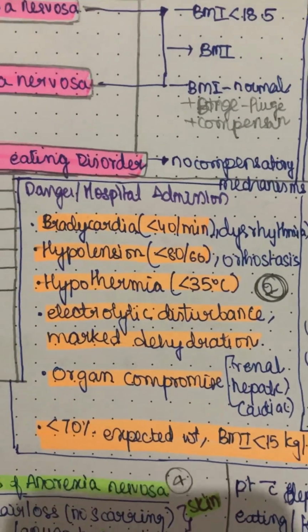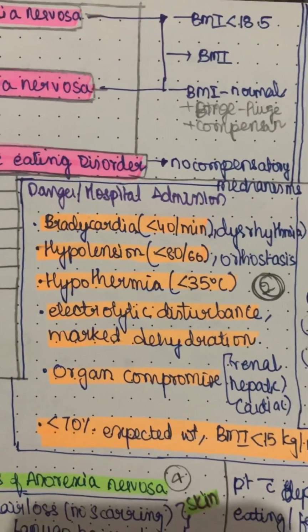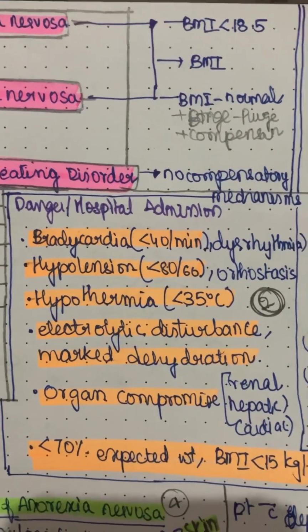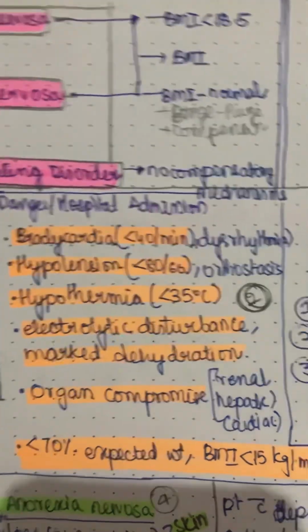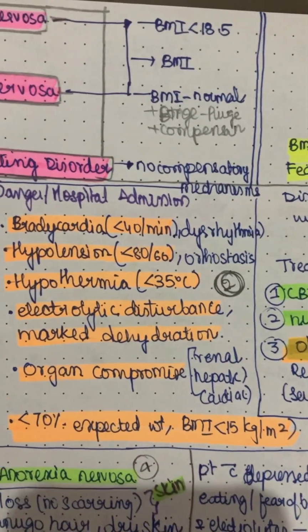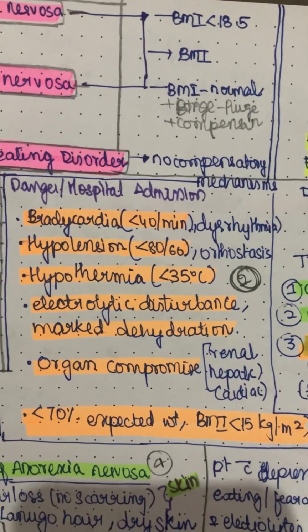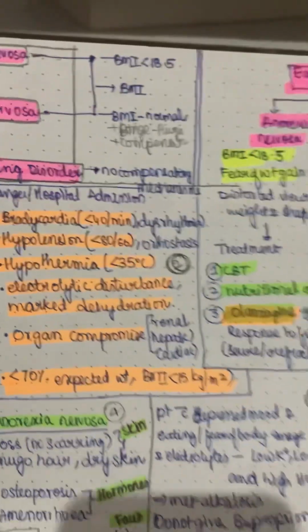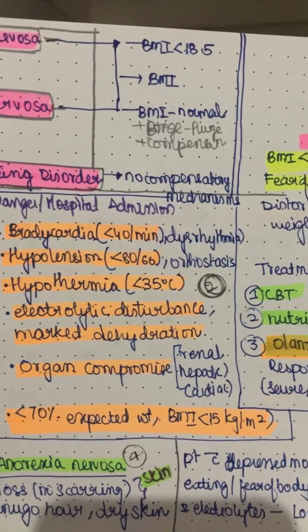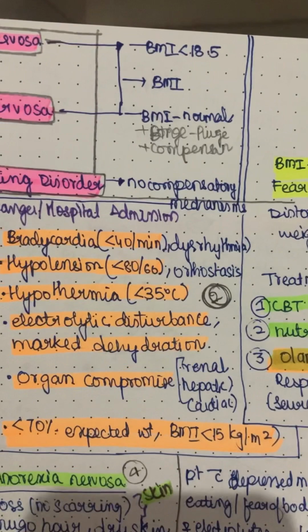If there are any electrolyte disturbances like low potassium, low chloride, and any metabolic alkalosis due to repeated vomiting, and BMI less than 15, then these are the danger signs for the anorexia nervosa patient to get admitted to hospital. And what do you do? We administer fluids,